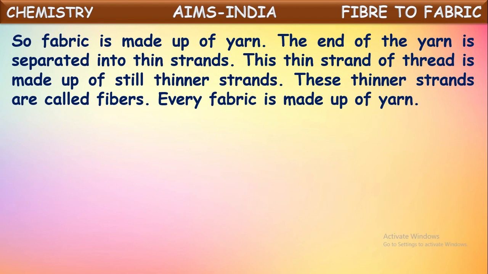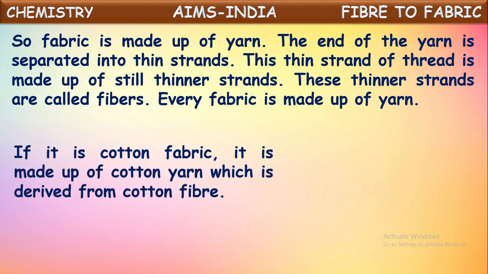The end of the yarn is separated into thin strands. This thin strand of thread is made up of still thinner strands. These thinner strands are called fibers. So these fibers are obtained from different sources. These fibers are twisted to get yarn. These yarn are woven into fabric. So in this way, every fabric is made up of yarn and every yarn is made up